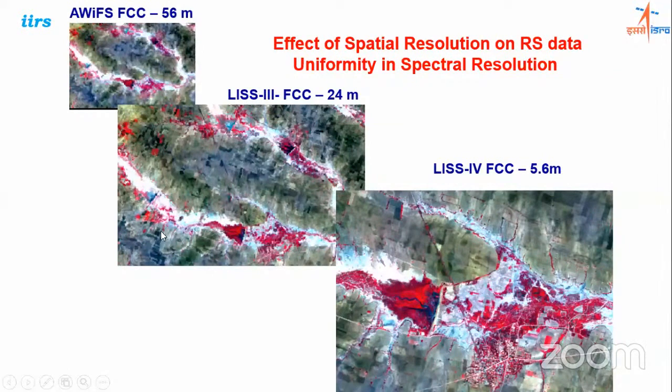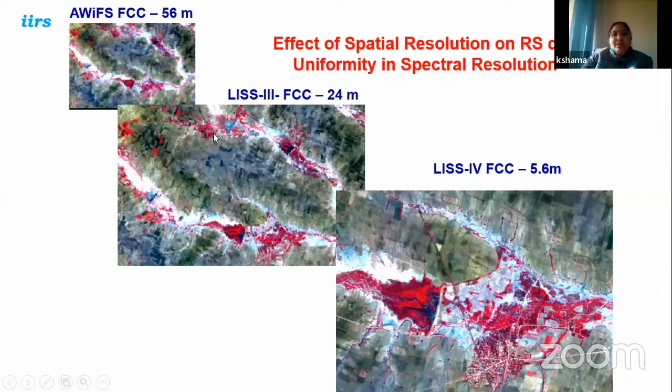Sorry ma'am, sorry. Yeah. So you can see that a 24 meter by 24 meter area is captured in 1 pixel. So you have one value for that. So you can even utilize this Landsat 3 also for your district level planning, or you can utilize it for 1:50,000 scale mapping. And there is Landsat 4, like there is a 5.8 meter image.